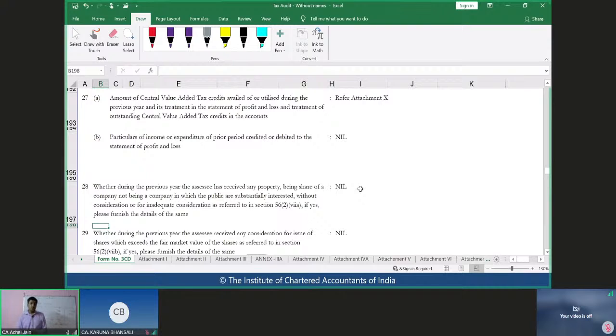Okay. So these are the two ways through which auditor can trace them from the financial statements, but still there could be some insignificant amounts of these prior period items which may not be clearly presented or disclosed in the financial statements, possible. But for the purposes of our tax audit or for the purposes of this Form 3CD, can the auditor ignore all of those items?